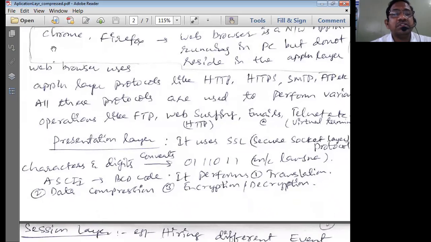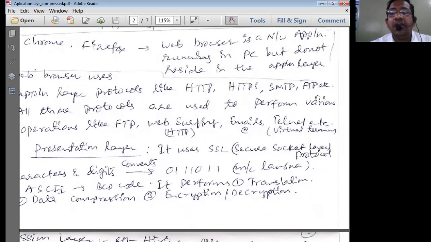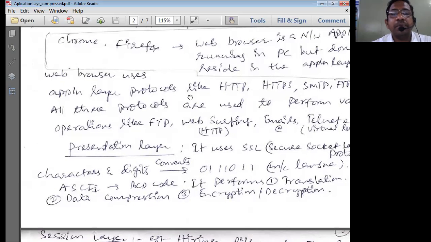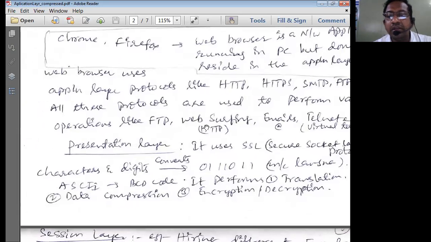Now, web browsers such as Chrome, Firefox, Internet Explorer use application layer protocols such as HTTP, HTTPS, SMTP, FTP. All these protocols at the application layer are implemented by these web browsers. Whenever we type a URL, Uniform Resource Locator, it has to take us to that particular server.